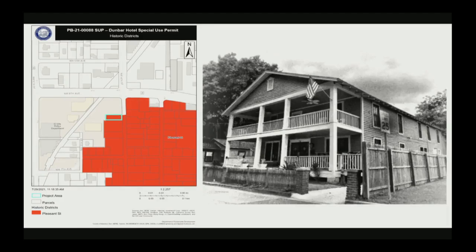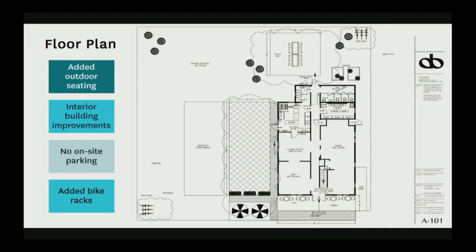Like I said, it is located within the Pleasant Street Historic District and is considered a contributing structure to the historic district as well. Here's the floor plan that the applicant is proposing. So they are adding outdoor seating. You'll see some outdoor seats essentially in their rear yard, approximately 12 as shown on the plan,